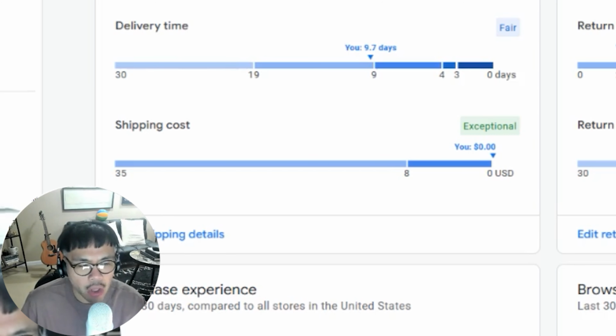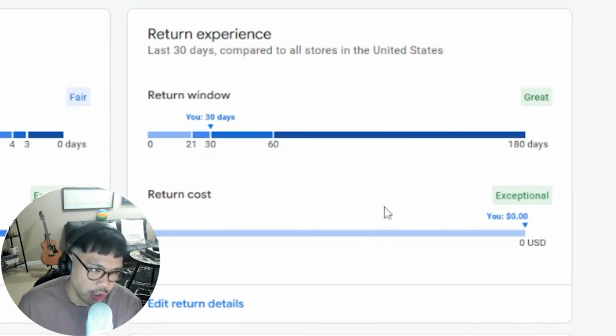But delivery time also is important. And just being transparent with your delivery time is also important. So all these things you could find within the scorecard itself. Even return experience, like your return window. How long do you have until your customer can return an item? A lot of people specify 30 days, but